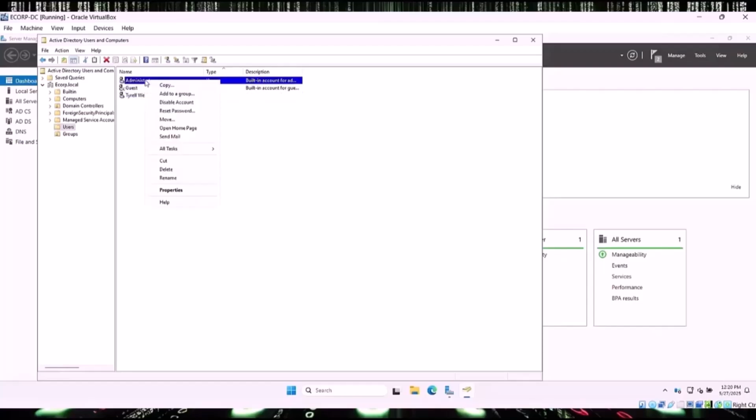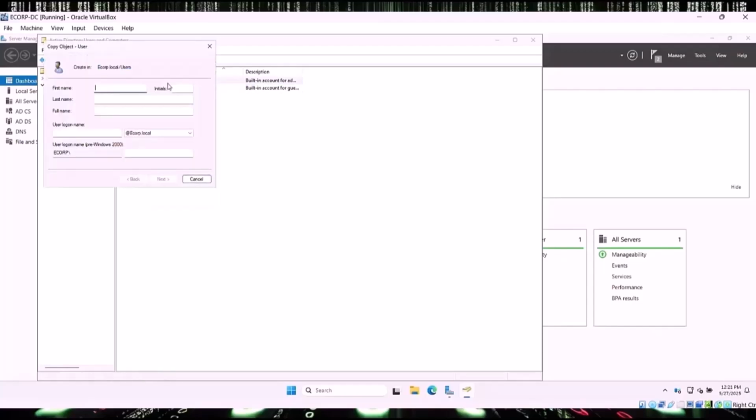The next thing we want to do is copy administrator again. This time what we're going to do is set up a service account. So we're going to fill in the fields. First name, I'm going to put SQL, and last name, I'll put Service. And this gives us the full name SQL Service, and the login name will be SQL Service. We'll click Next, and then